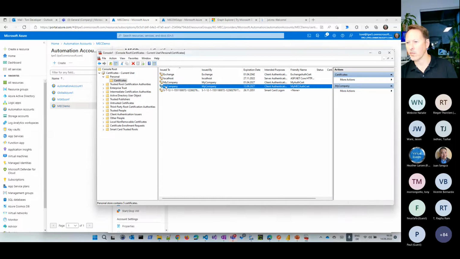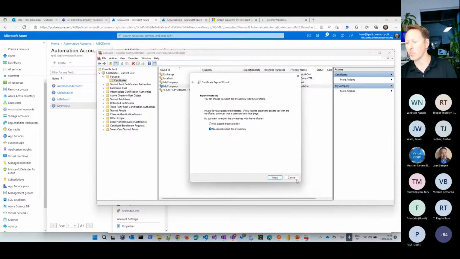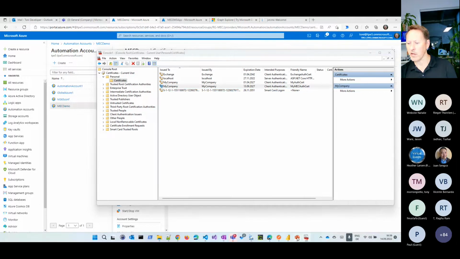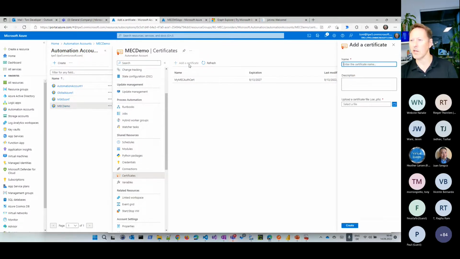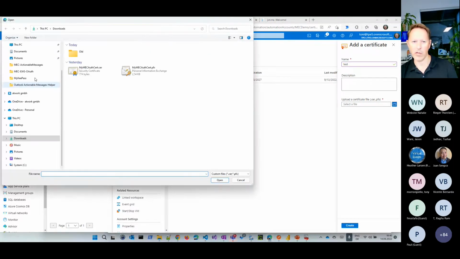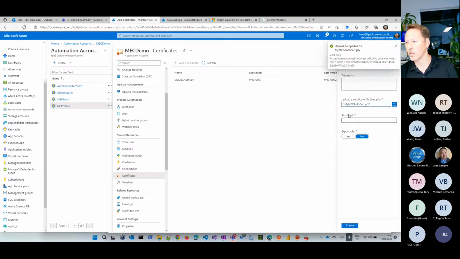And you get this certificate with that PowerShell script, and then you can simply go here and say, I export this data with private key and without private key. And what you get then is the two certificates, and these certificates you can use and upload here. So if I go to certificates and I say add a certificate, I would say that's my test certificate, and here would be in that case, the file with the private key. So I go here, let's see, I think I have it still in my downloads directory. Here it is. And I say, this is my private key certificate, including the private key.